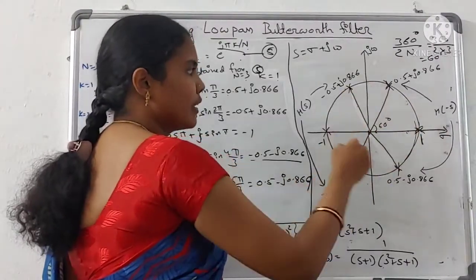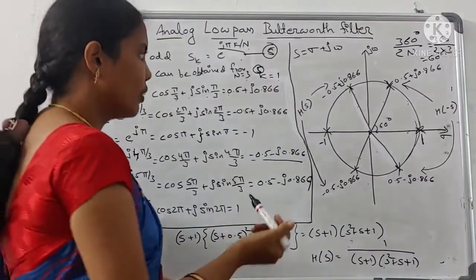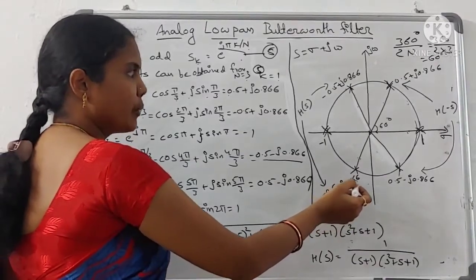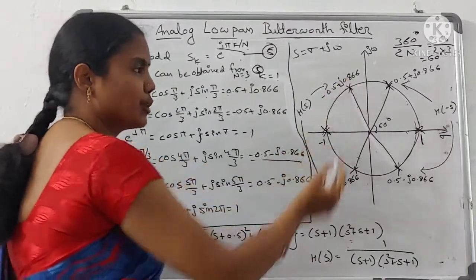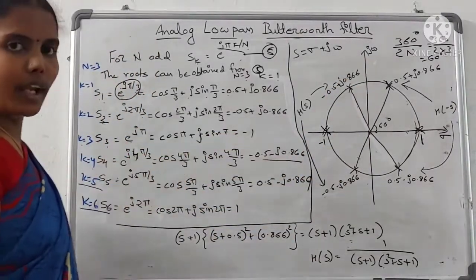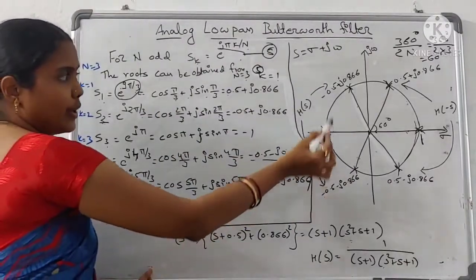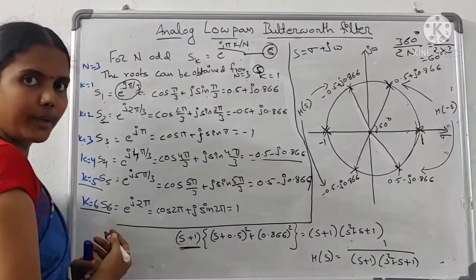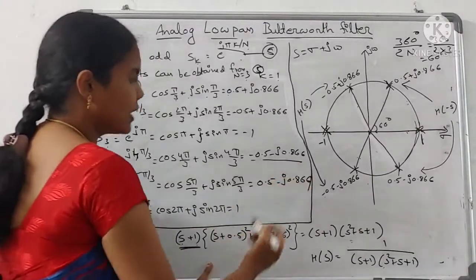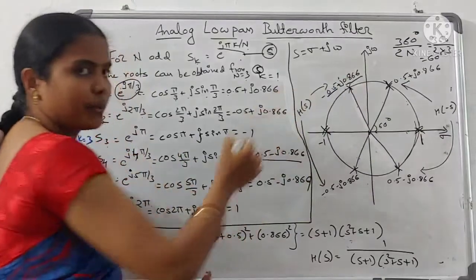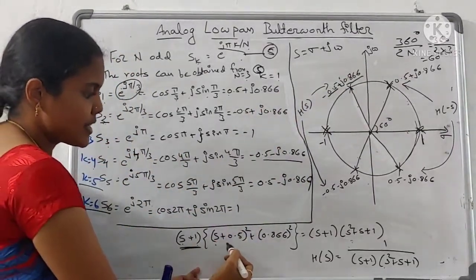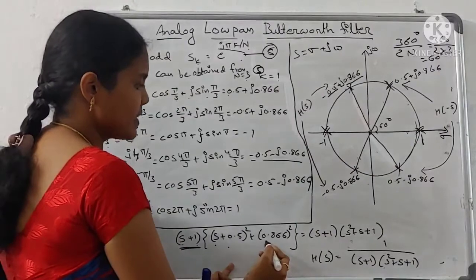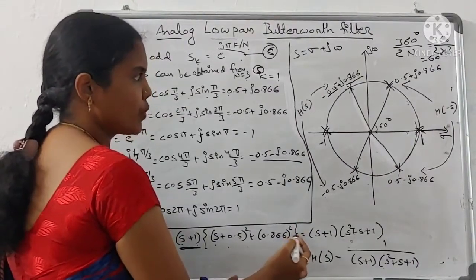Now from all these poles, let us take the equation for the left-hand side part. What are the left-hand poles? There is minus 1, minus 0.5 minus j 0.866, and minus 0.5 plus j 0.866. So we can write it in an equation. In the S-plane, the pole is minus 1, you can write it as S plus 1. So this is the S plus 1 pole. Next, what is the other pole? This is the real part and this is the imaginary part. For the real part, you have to write it as S plus 0.5 whole square, plus, removing that j, 0.866 whole square.